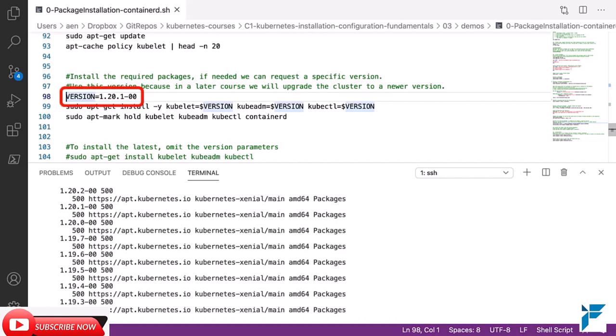1.20.1-00. And I have that set here as an environment variable on line 98. And what we'll do then is on line 99, we'll specify the exact version of the packages that we want to install. So there we see sudo apt-get install -y, and then the package name equals, and then we're referencing that environment variable that we just declared, version. We're going to repeat that pattern for kubeadm and then also kubectl, specifying the version for each, making sure that they're the same, all on